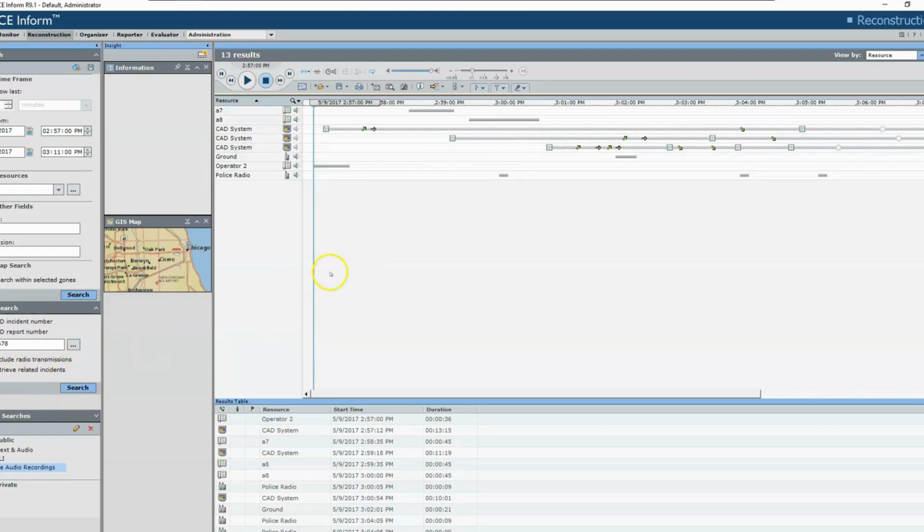Searching across related incidents will return the additional CAD reports as well as the recordings associated with each of those reports. From here, I can select recordings and the CAD data. I can move them to the Inform Clipboard or to the Inform Organizer and work with them within those features within the NICE Inform system. As you see, this made it much easier and faster for me to locate the recordings that I needed to